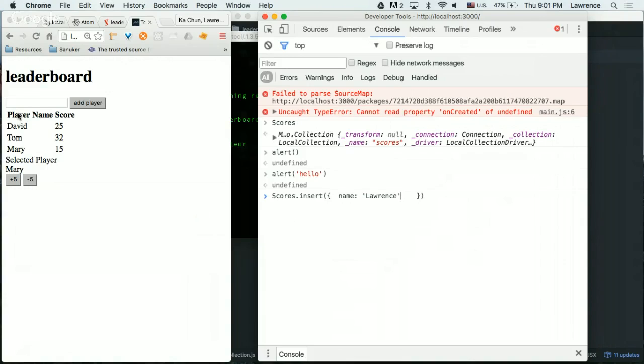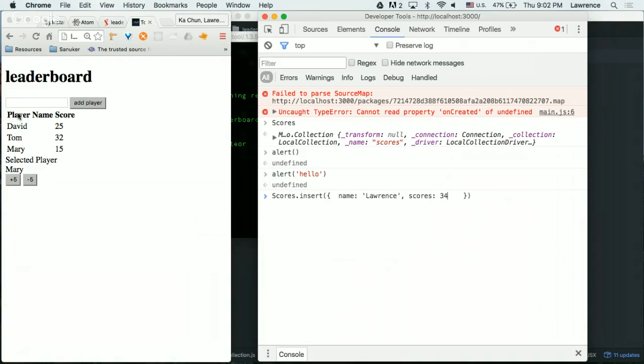Okay, and then I type a comma, and then I give a scores. And this time I don't need open quotation. I just keep it say 34. Okay. Don't press enter until I tell you to do so. Okay. So this is the basic structure of how you insert something into a database.